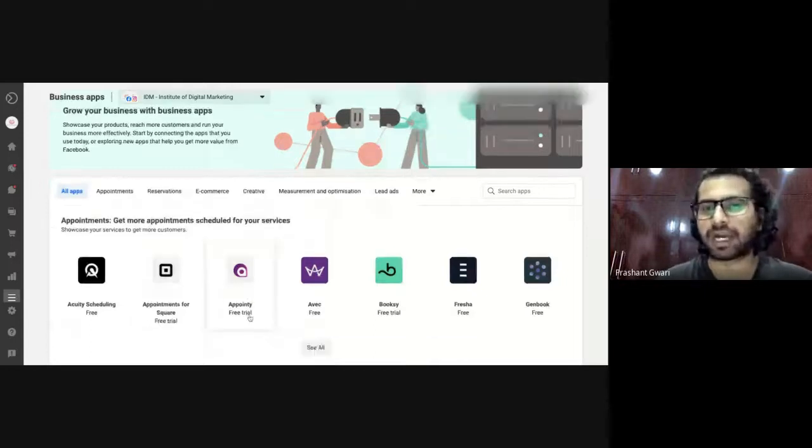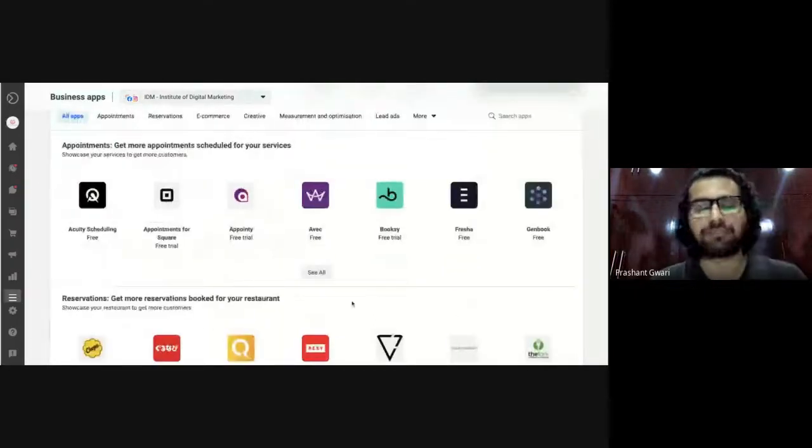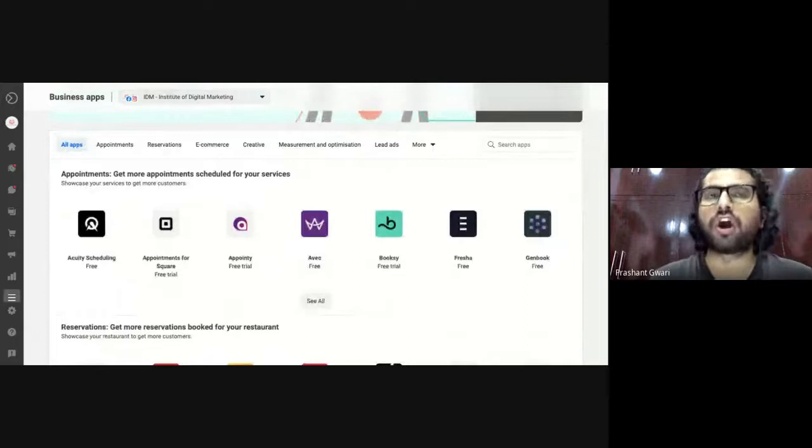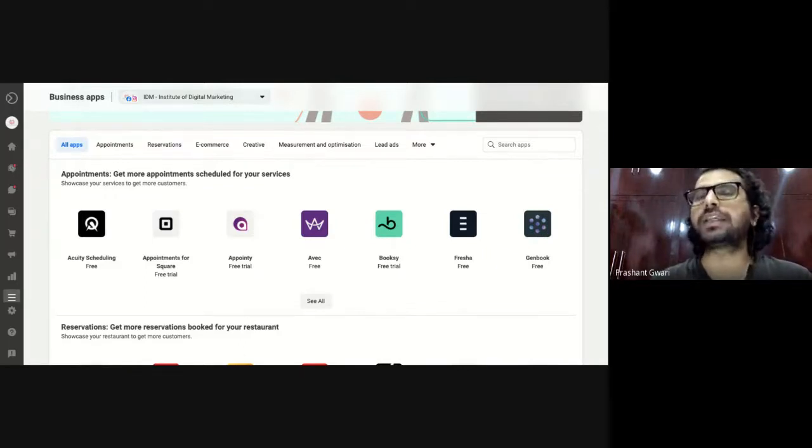These are the applications which you can install on your Facebook and Instagram business suite account, same as the applications you install on your Wix website, or the plugins you install on your WordPress website to increase the performance of your website.